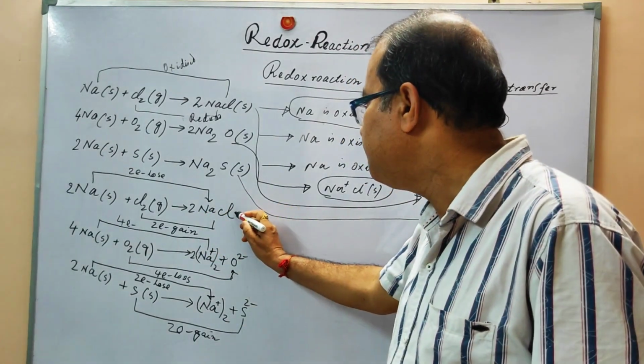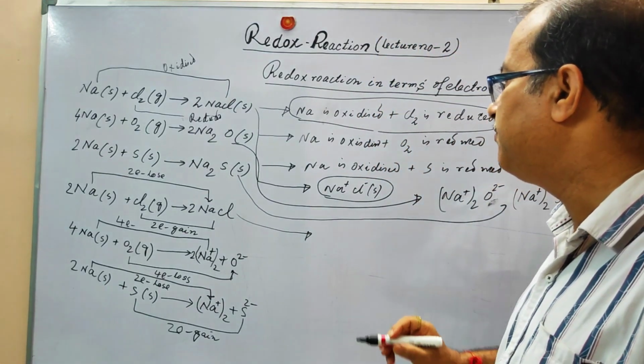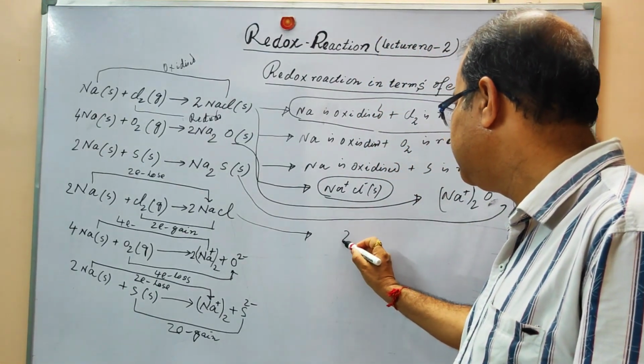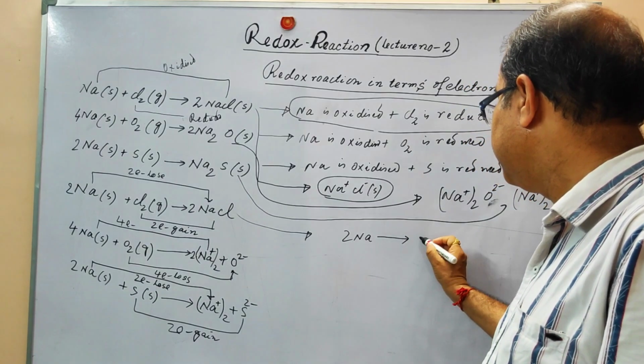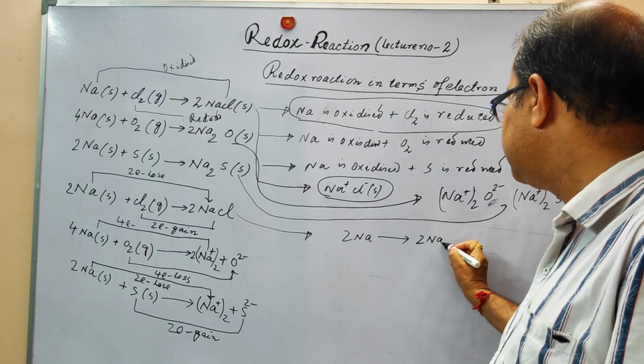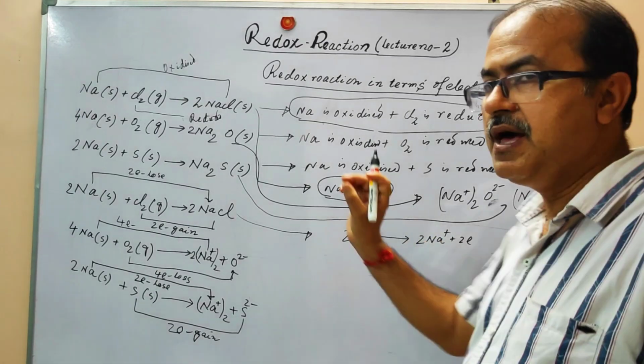So we will take the example of the formation of sodium chloride. First, 2 sodium atoms